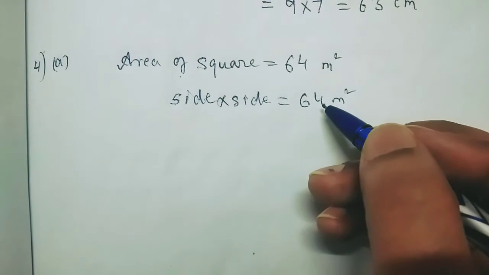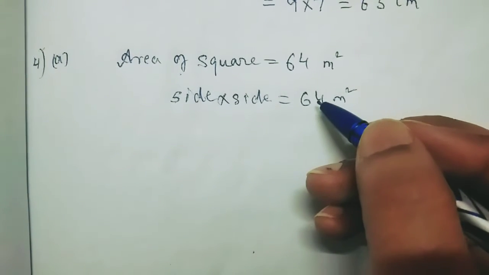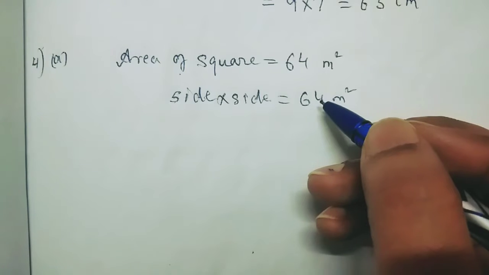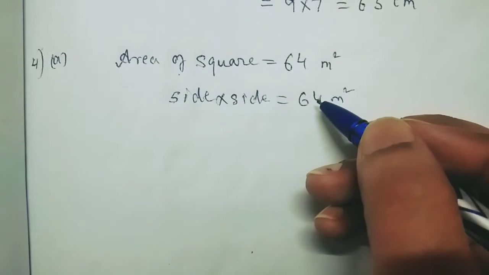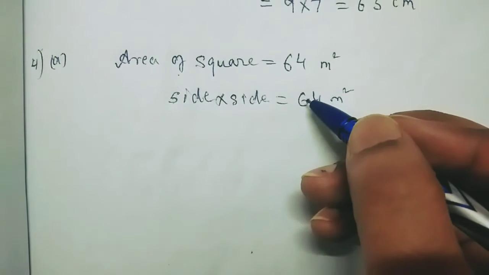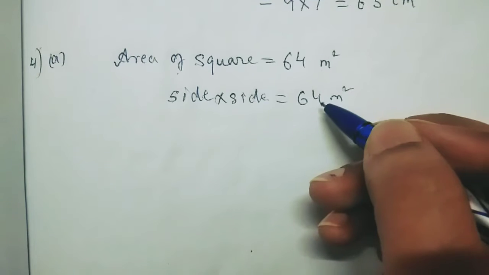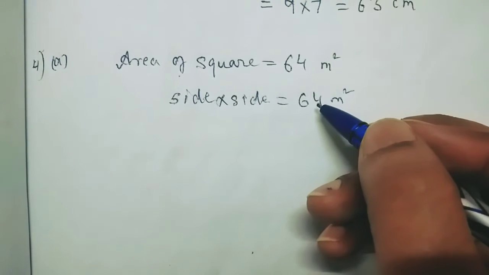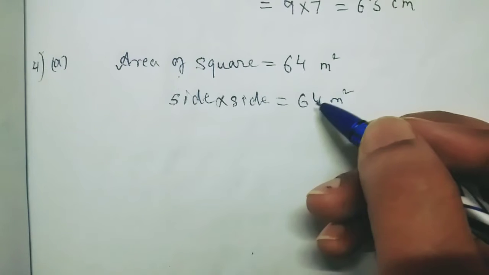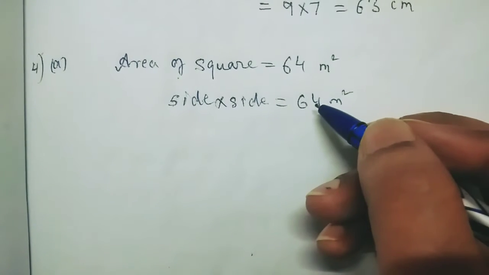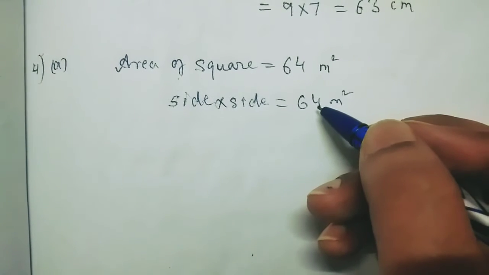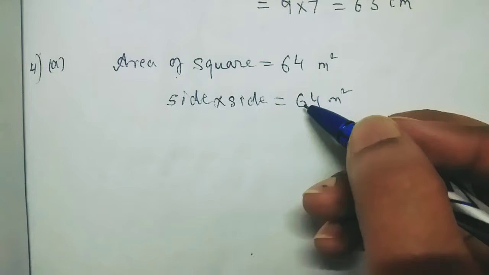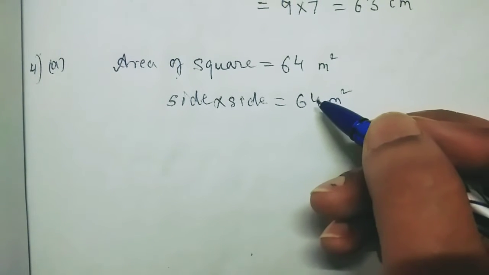Now you have to break this number 64. So how can you break this number? So you have to break this number in multiplication form, that means you have to multiply two same numbers, then it should come 64. So what two numbers you will multiply? Two same numbers, okay, mind it. So what two same numbers you will multiply so that you will get 64? So we know 8 into 8. So 8 into 8 is what? 64. So 8 8 is 64.